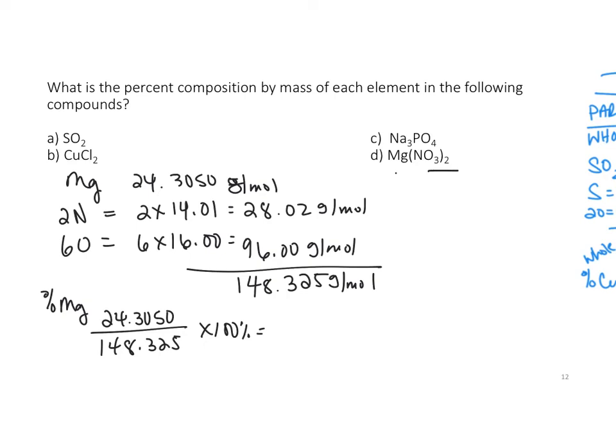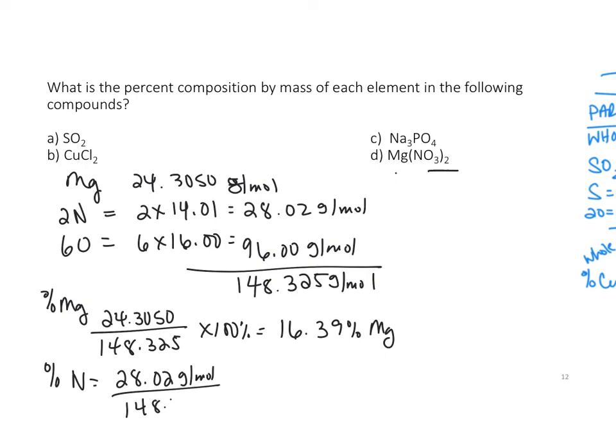So 24.3050 divided by 148.325 gives 16.39% is magnesium. The percent of nitrogen is 28.02